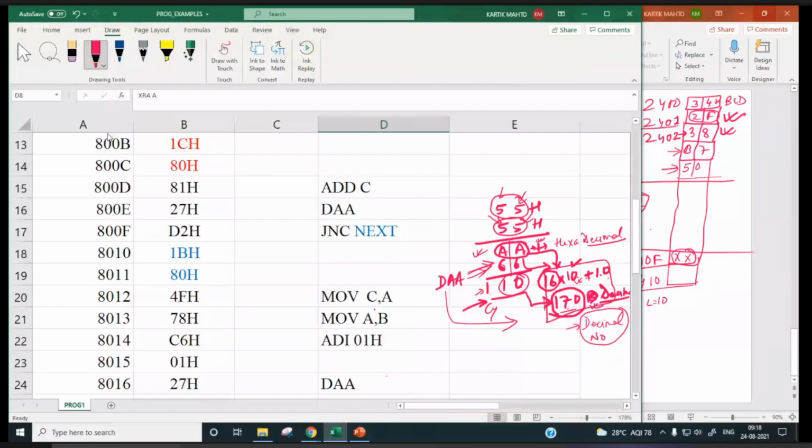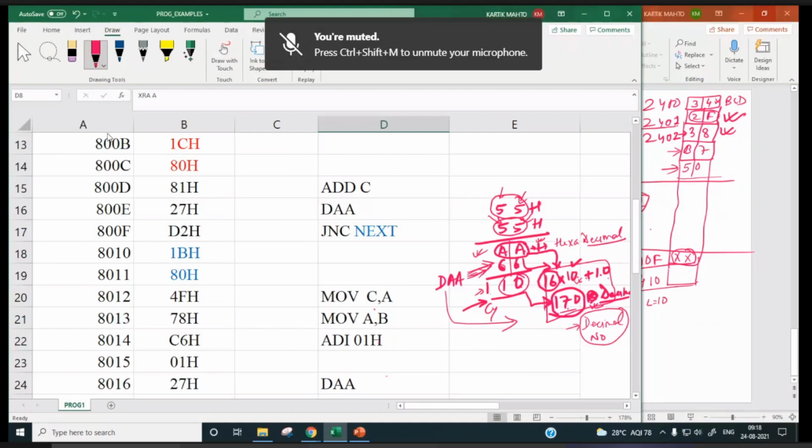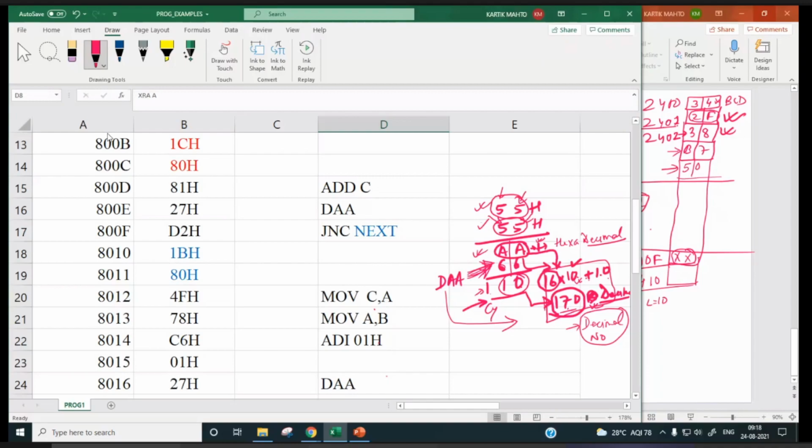So the result is not correct. But if you use the DA instruction, since the previous instruction was used for adding, and both bytes were BCD only, it can be adjusted like this: